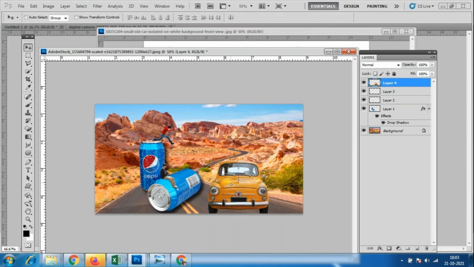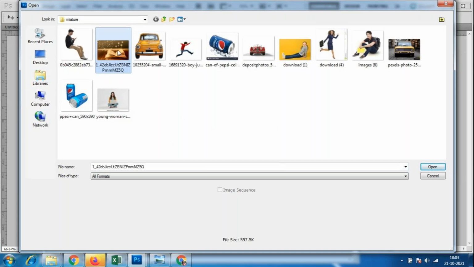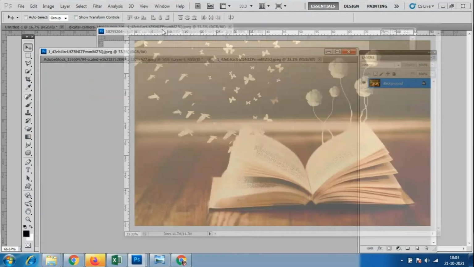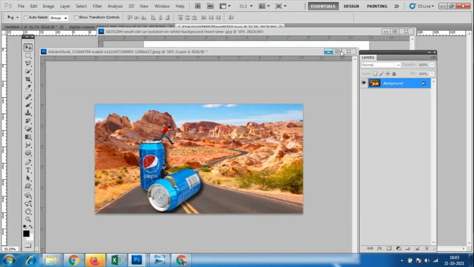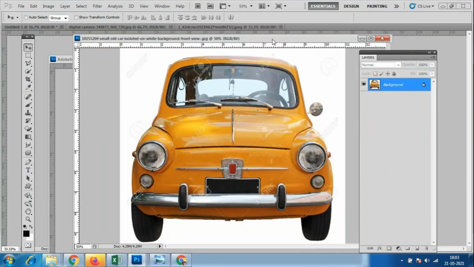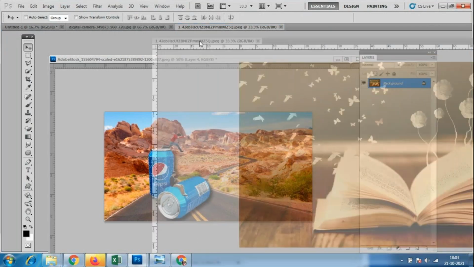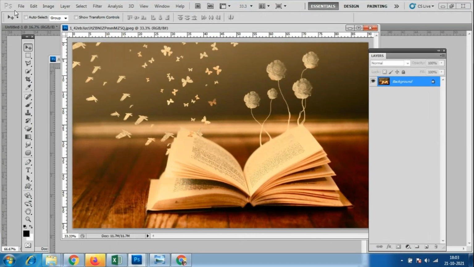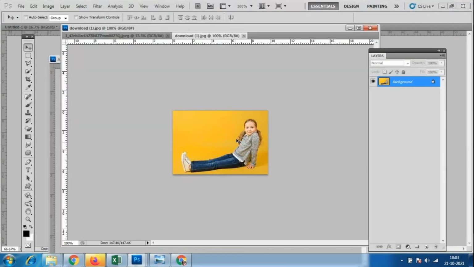It won't be matching for this, so we will take some other image with some other background. Suppose this is the book we have. I have one nice book, a good quality image. I'll close the file if it is not necessary. I'll keep this book over here, and I will go for somebody sliding on that book.